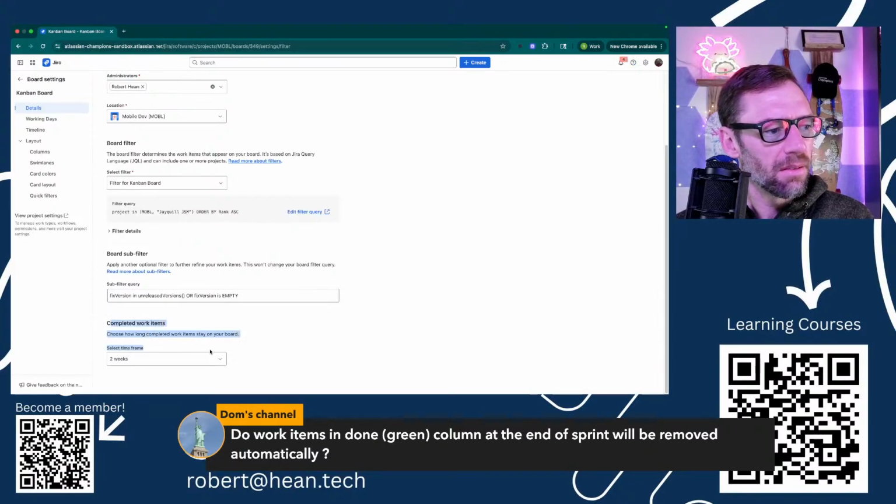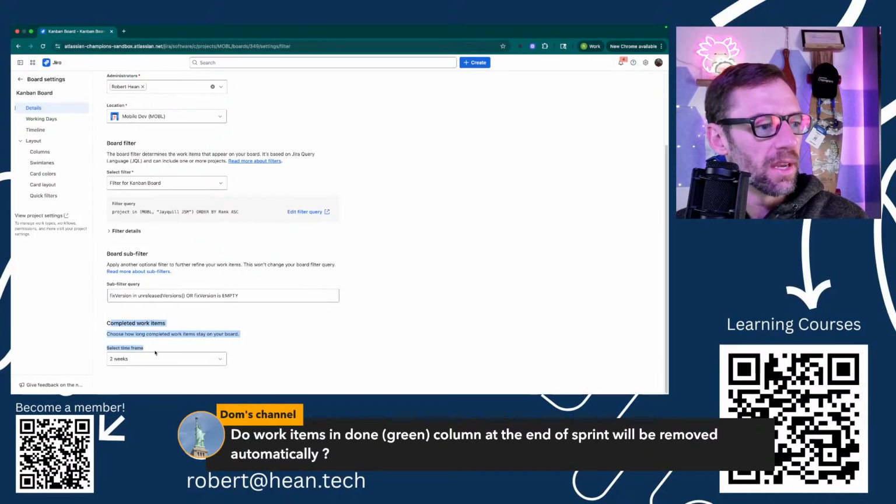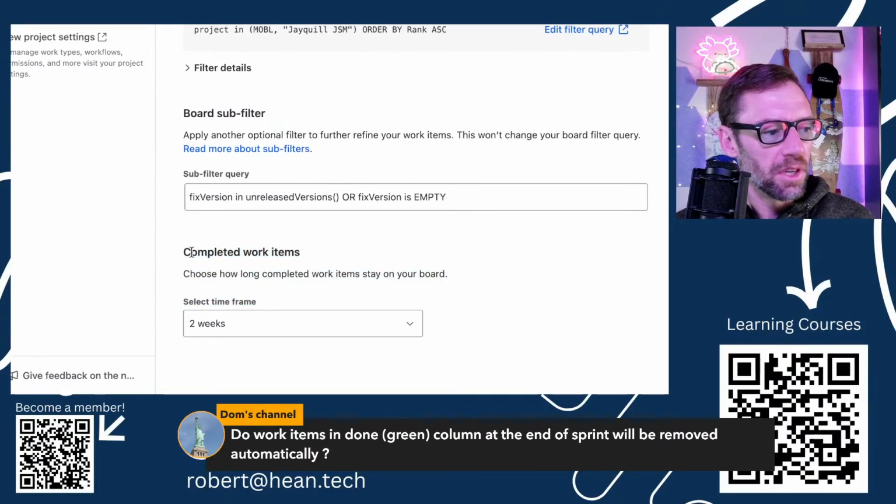I think, and this is where I need to go double check. Kanban boards have this completed work items option. How long should the work items stick around? In